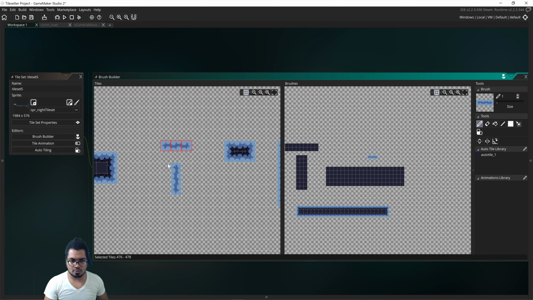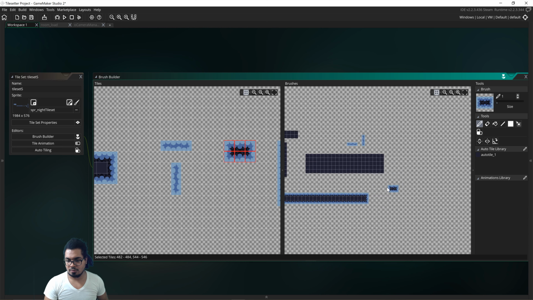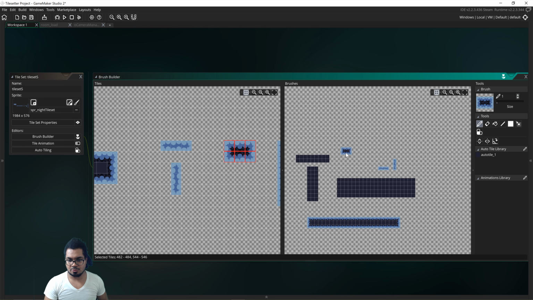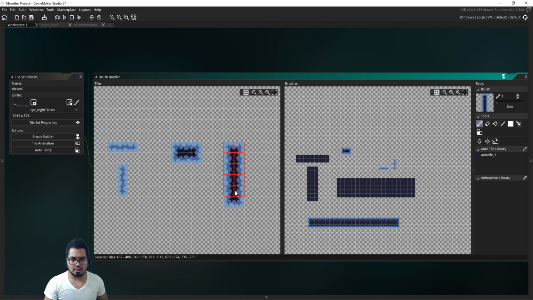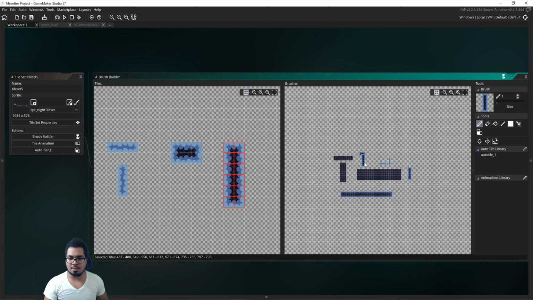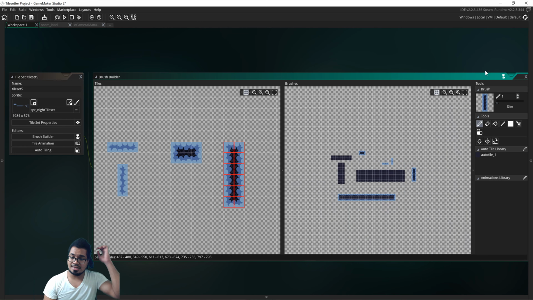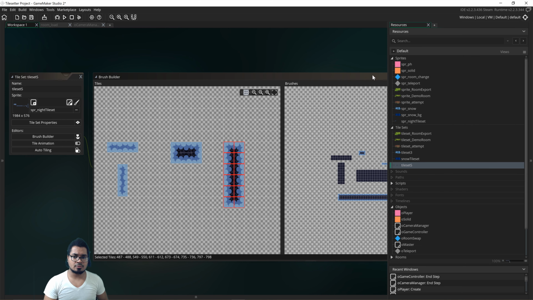So you would have to go one by one. You put it here, do the next one, and you put it right next to it, right? You have some space, like so, which is pretty cool. And go ahead and do that, and put it right here. And that's it. We have a basic tile set brush. Now we close this,